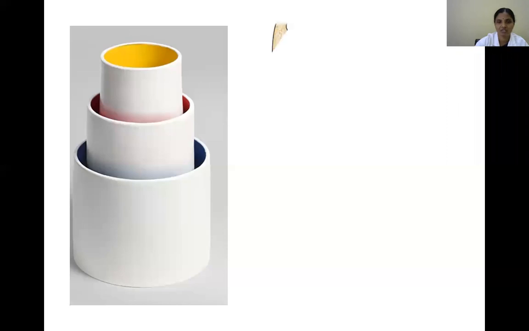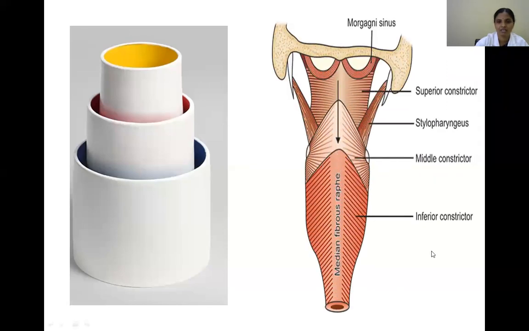So the musculature of the pharynx. See, the constrictor muscles, meaning the musculature of the pharynx, is arranged in the form of two layers: inner longitudinal and outer circular. The outer circular layer consists of three muscles: superior constrictor, middle constrictor, and inferior constrictor. These three constrictors, you can see here, this is the posterior aspect of the pharynx. On the posterior aspect, one muscle is overlapped by the other. The overlapping you can see from below upwards.